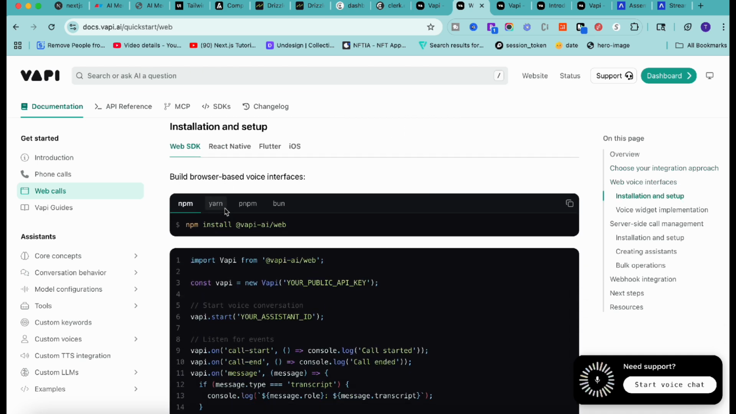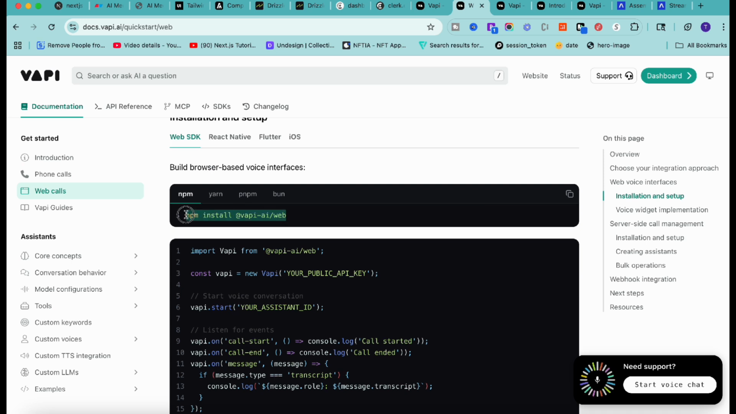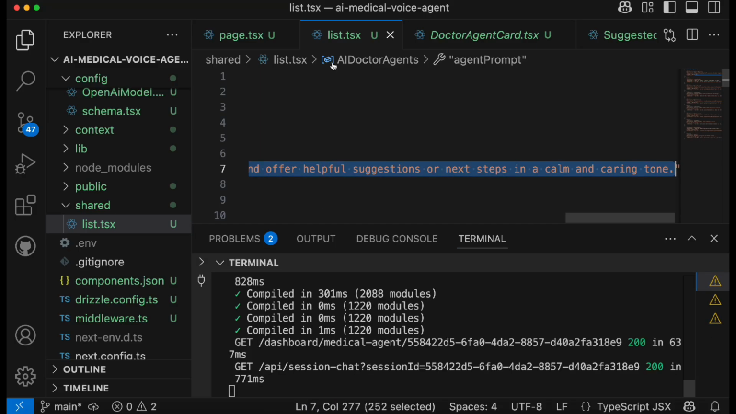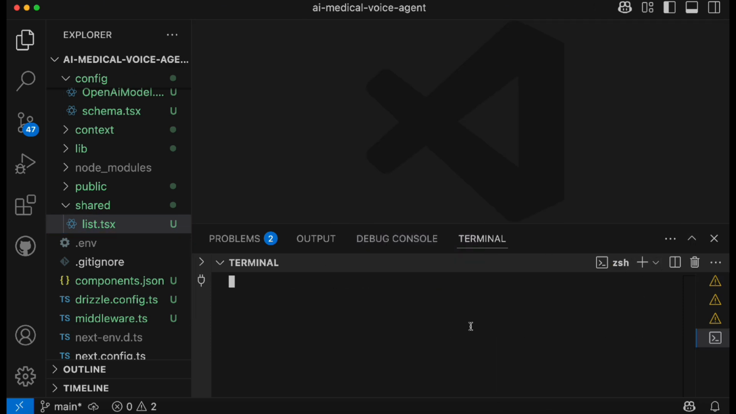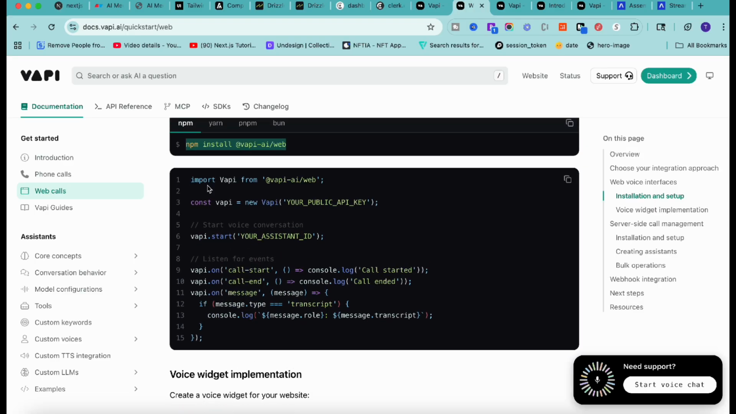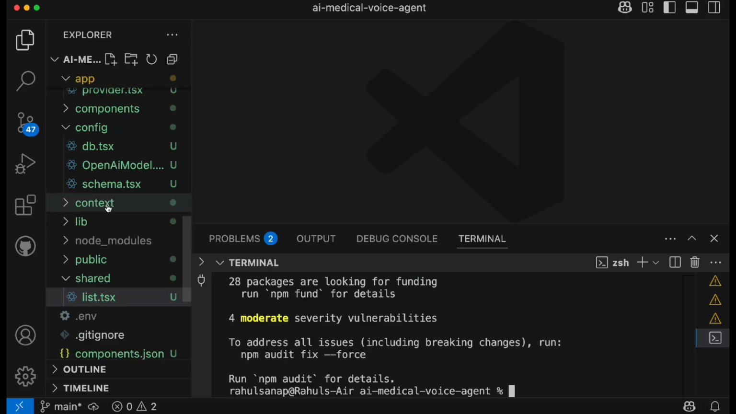Now the next step is to install VAPI into your application. So simply copy this command, go back to your application. I will close all of these tabs for now, and simply paste this command. Okay, next you need to initialize this VAPI where you want to use it. Okay, so I will copy this, and then we'll go back to our